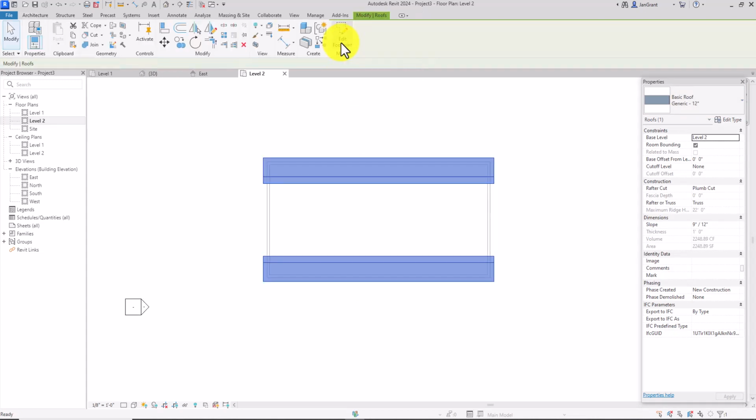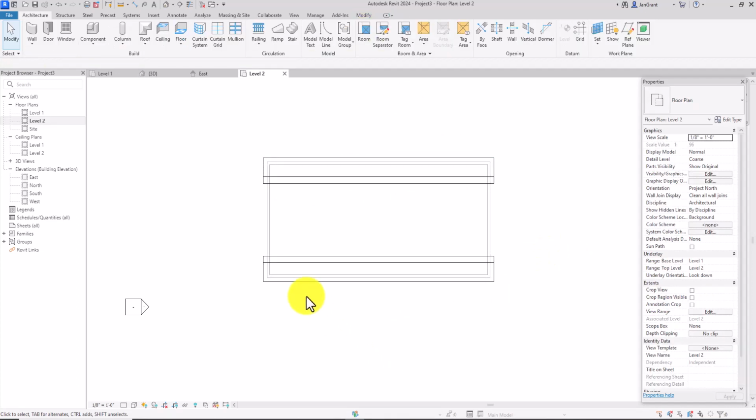And because each one of these levels only goes up so high, right now it's getting cut off. It's cut off because when I click in space here, I'll see that it's being cut off because this level only goes so high. And we want that because we don't want the walls to go all the way up to the level 3 or 1 higher. But if we wanted to see all of the roof, because maybe we're working with a site plan or something,